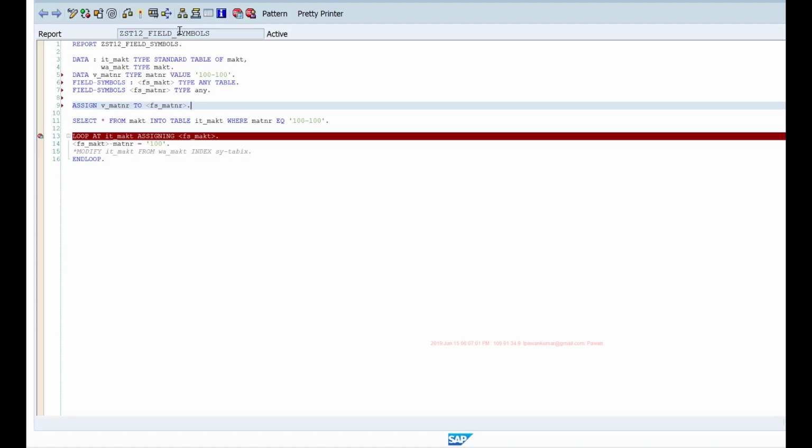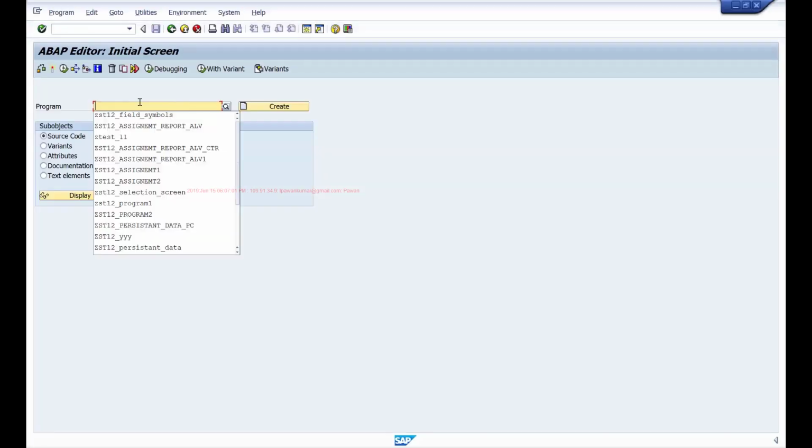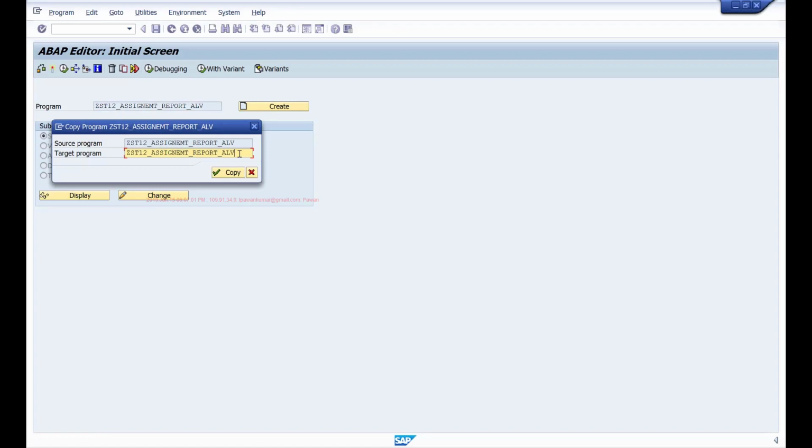To demonstrate that, I'll use one example. I'll copy this ALV program, and I'll show you one example how we can use these field symbols to dynamically achieve something.